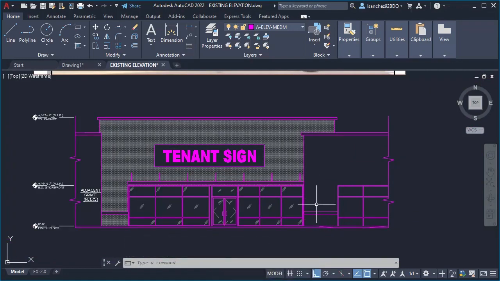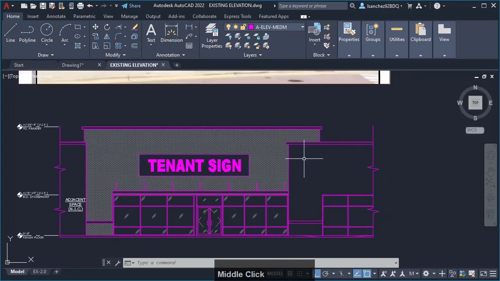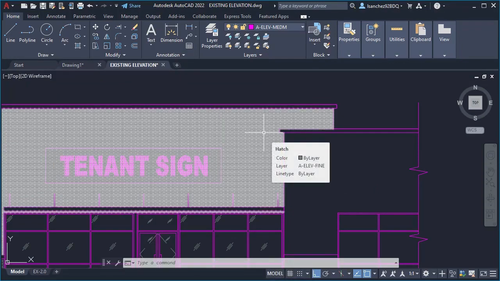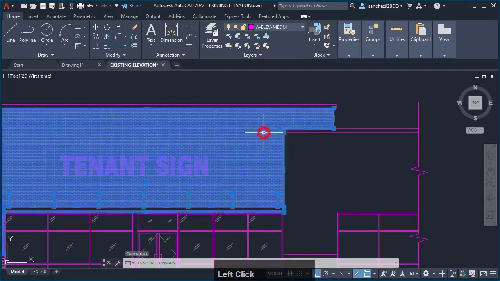With very few commands like copy, trim, move, extend, offset, we were able to create this elevation. Now let me introduce you to another useful command, which is the hatch command. And hatch is basically this object right here. So if I hover over, it says hatch, and if I select on it,